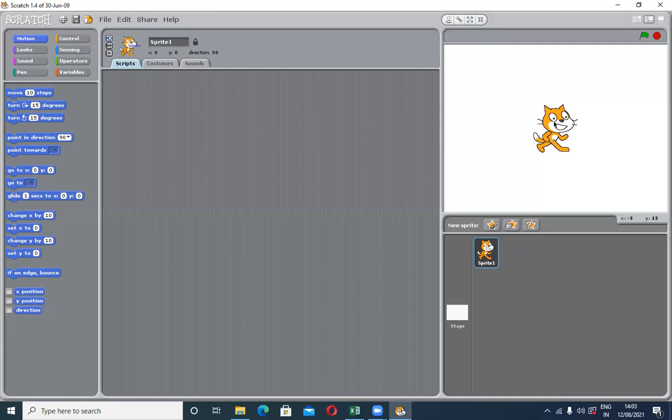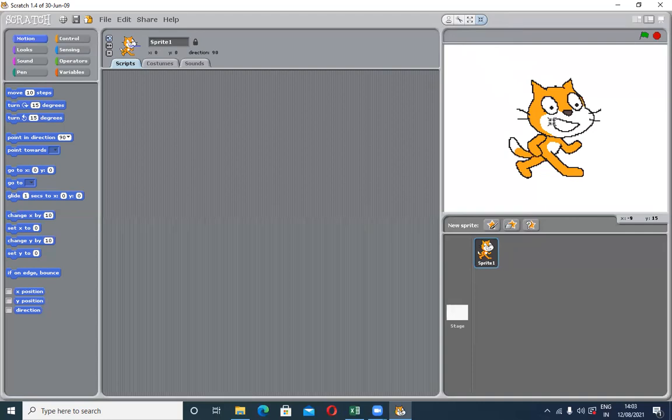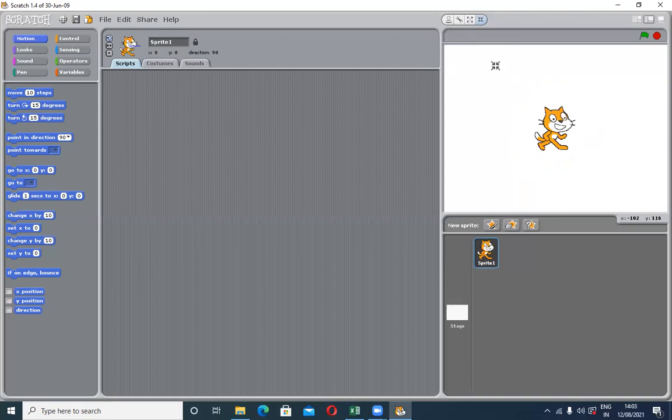Now you watch here, when I'm clicking here, the size of this sprite is going to increase. Watch carefully. And this is the shrink sprite. If we click here, it is now activated. Now when I click on the sprite, its size decreases, as you have seen. So these are the control buttons used to control the sprite.